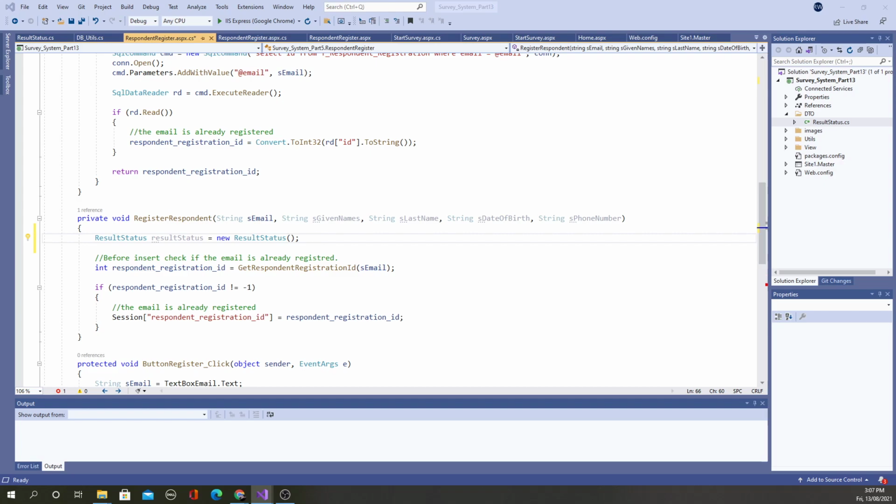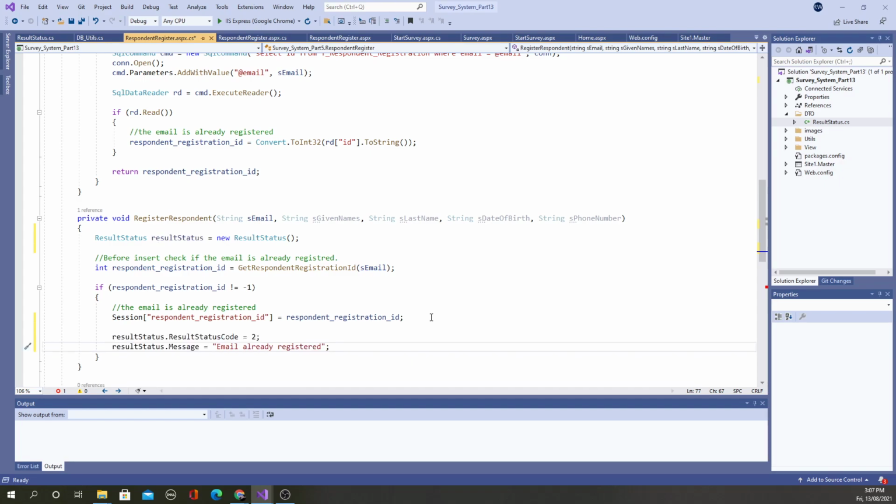Now I can set the status code and the message. For example, in this case, if the email is already registered, let me write two lines. These are the two lines. On that result status object, I'm setting the result code as number 2. You can give any code here, it's up to you, but I consider number 2 as email already registered. So now I know that number 2 means email already registered.